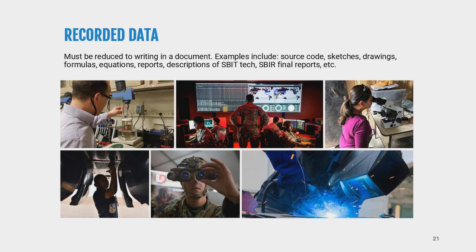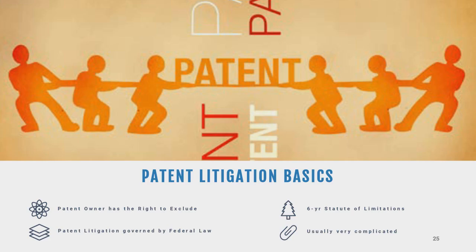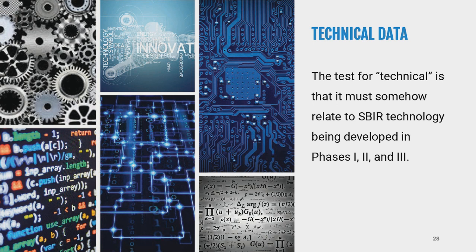Next slide. Again, this must be technical data. Non-technical data such as cost and pricing doesn't fall under this. That would be protected under something else, such as the Freedom of Information Act, otherwise known as FOIA, or protected under some other privacy act. But for the SBIR non-disclosure obligation, the government does not extend to such information. So proprietary data is protected by these other means. Now, non-technical information such as background data on the company is not protected. It should be disclosed carefully and with that knowledge in mind.